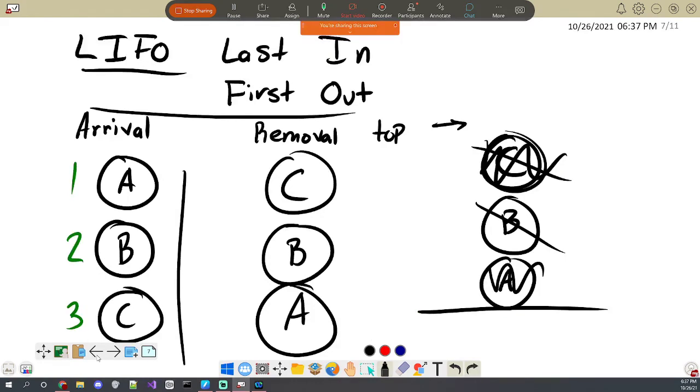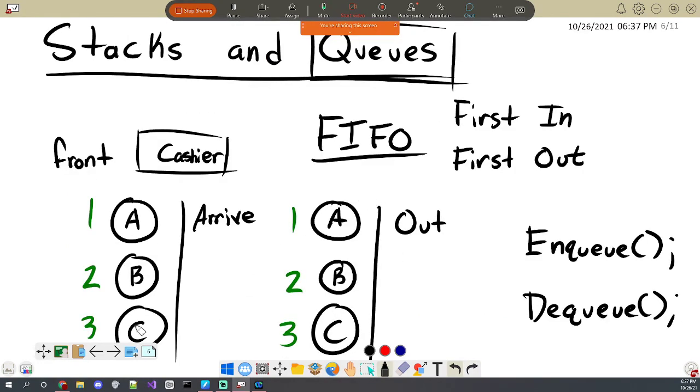Oh, and another question, could you clarify what Onq and Dq are? Yeah. So Onq is when you insert into the queue. So in our metaphor here with the cashier and lining up to check out, onqueuing is when you get into the line, so you get to the end of the line of people, and dequeuing is when you get up to the cashier. So one is the adding procedure and one is the removing procedure, which stack also has. The adding is a push and the removing is a pop, if that answers your question.